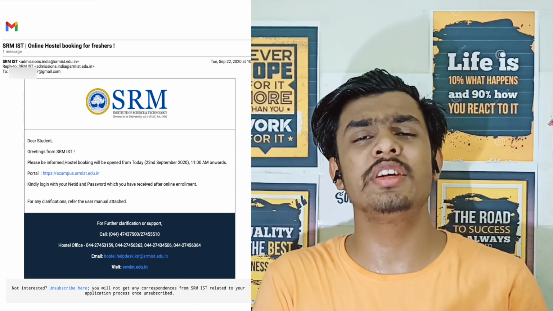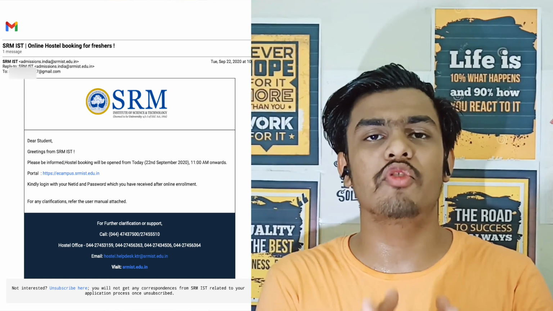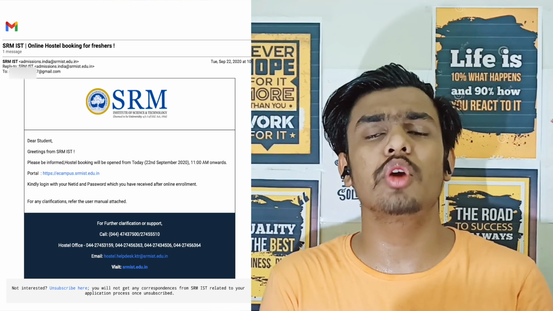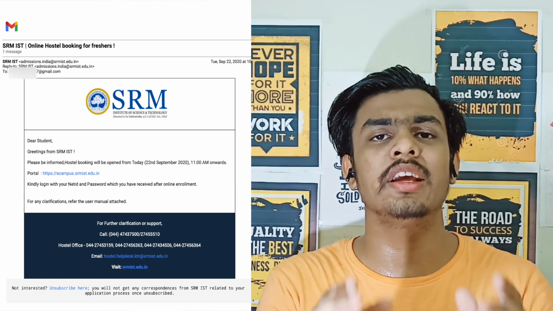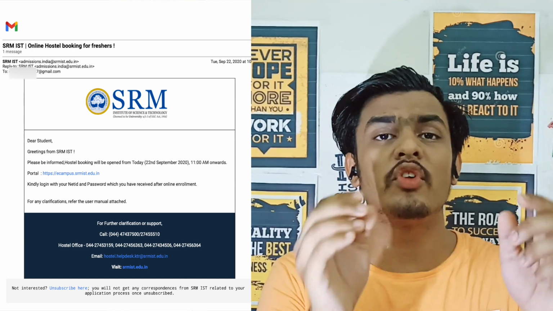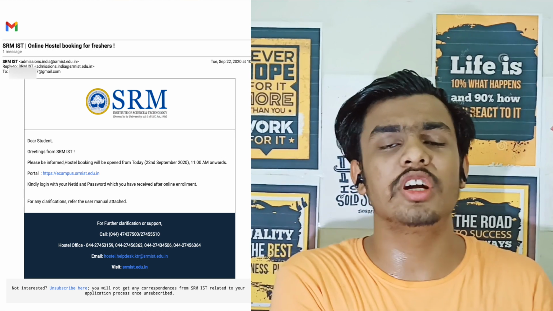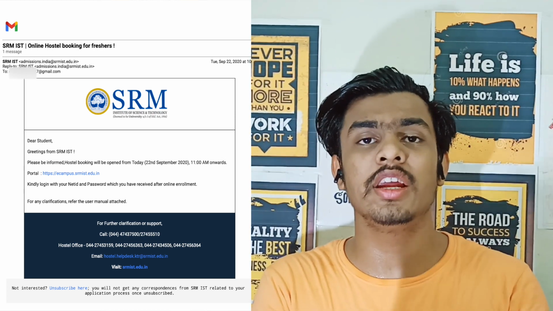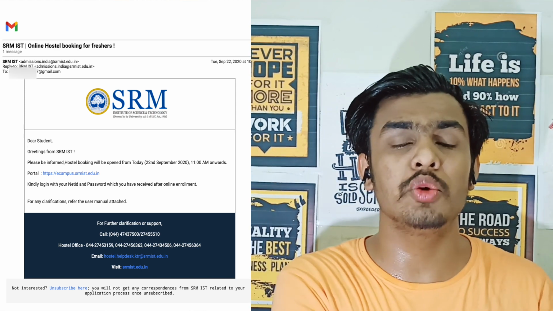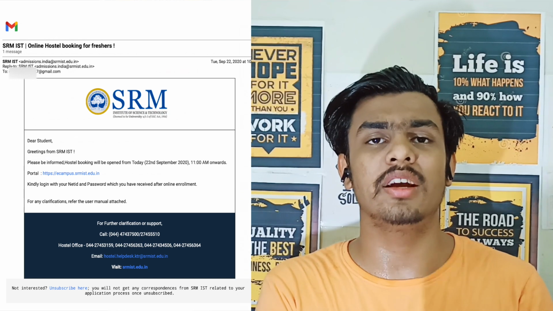You will receive an email from the SRM side that hostel booking has been started, and with the given portal link you can directly log in there with your net ID and password and go through the further steps mentioned there. This email is the major part telling you that your hostel booking has been started and now you have to start the booking process.